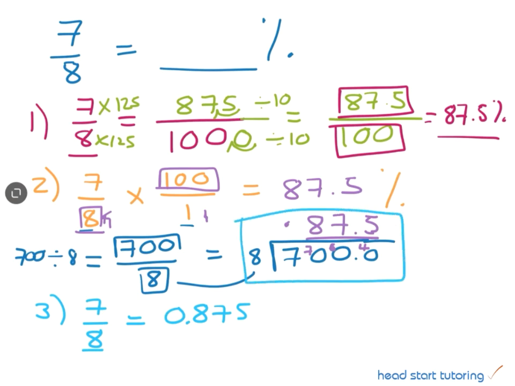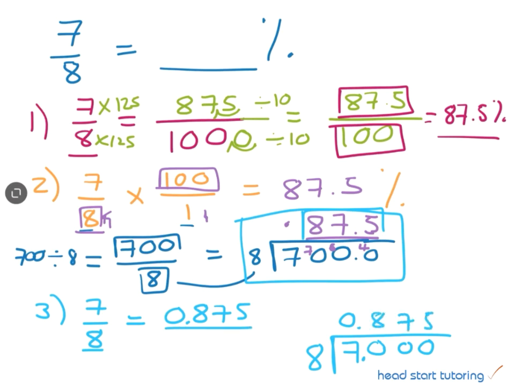So it would look like 7.000 divided by 8, and 8 into 7 goes 0 times, and we would end up with 875 there. So we end up with 0.875 as our decimal,